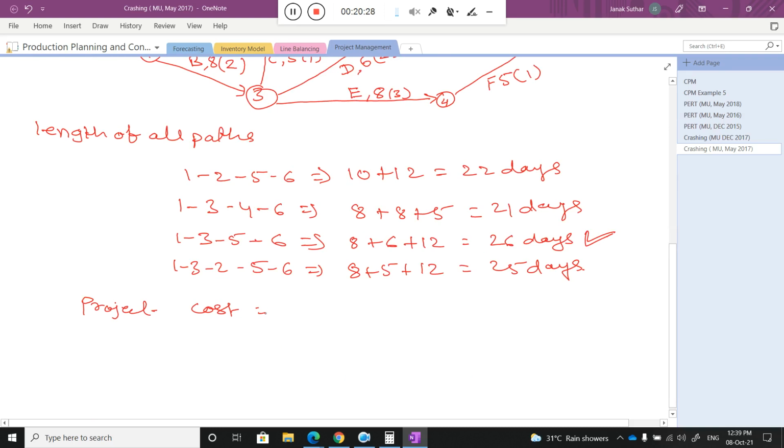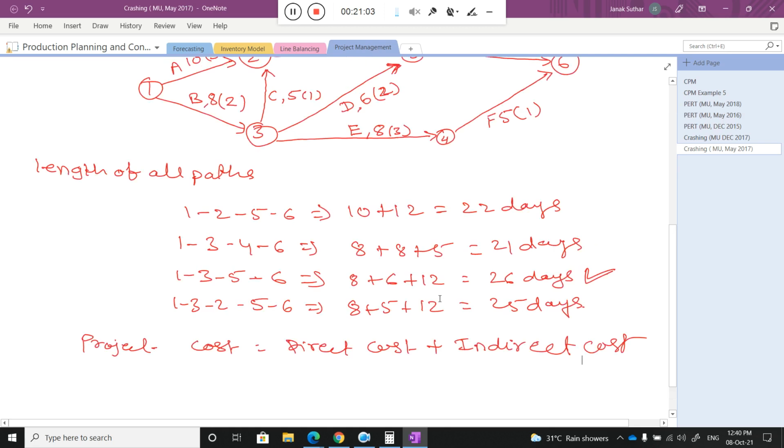So what is the project cost that you need to calculate? In the earlier numerical, only the indirect cost was given, so that's why I considered only the indirect cost. What is the project cost? Remember class, cost is always nothing but the direct cost plus indirect cost, right? One minute, I think I am writing quickly, that's why some issue was generated with the indirect cost.